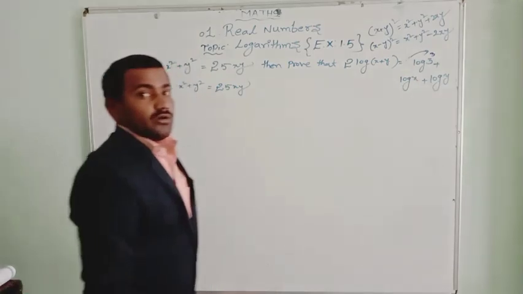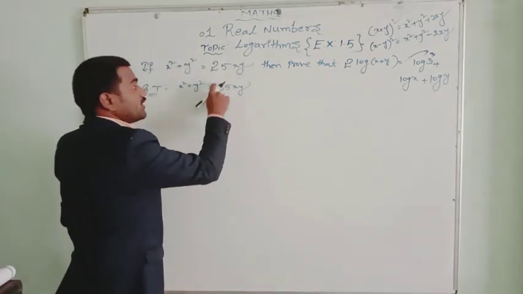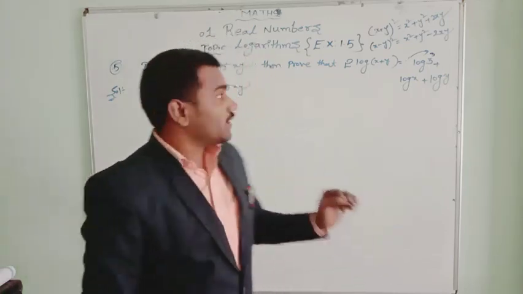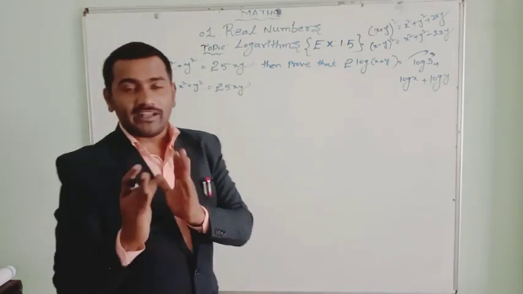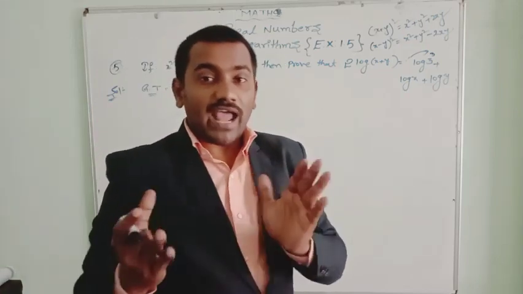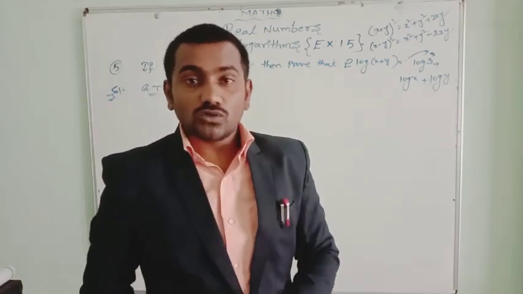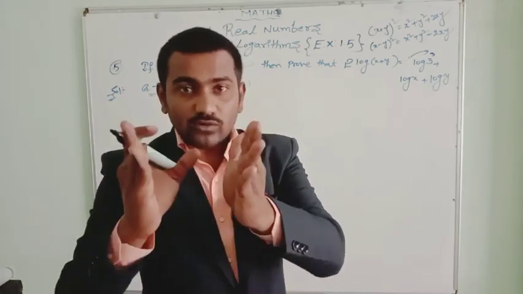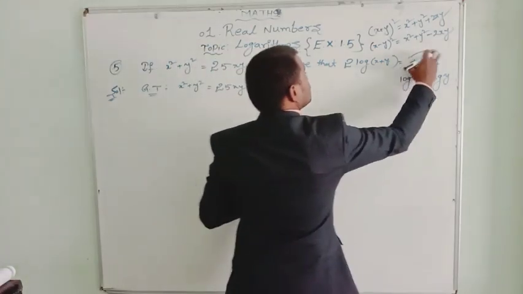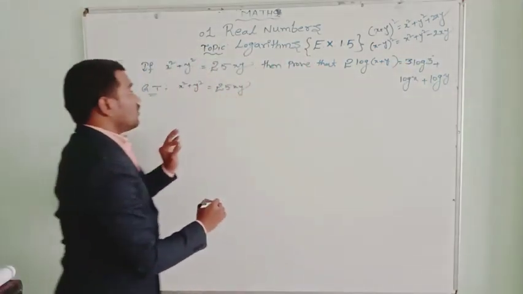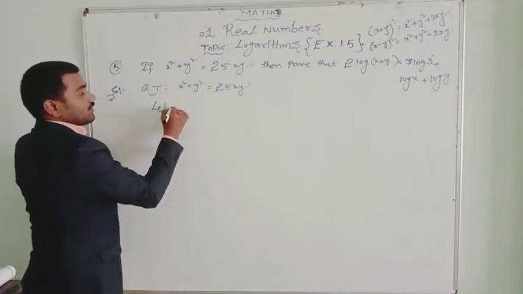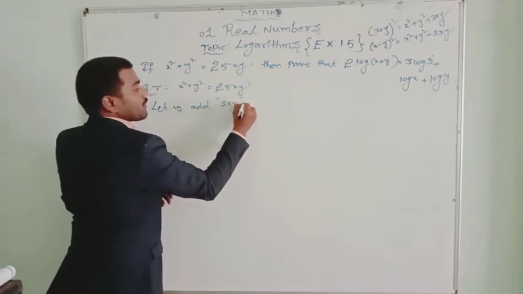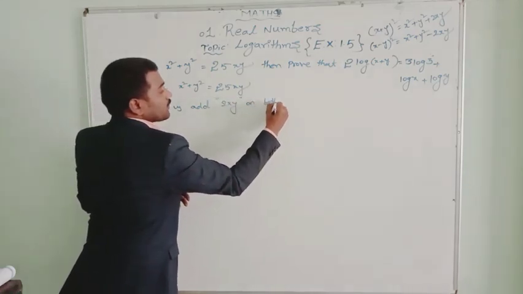So let's come to the given now. We got 27. Remember, we have only 25. To get 27, we need to add here; 25 xy's are there, but actually we need 27 xy's. So additionally we need 2 xy's. That 2 xy's we need to add in the question. So let us add 2xy on both sides.